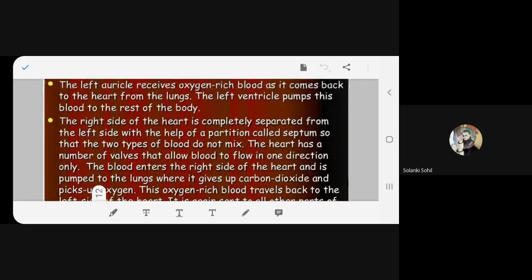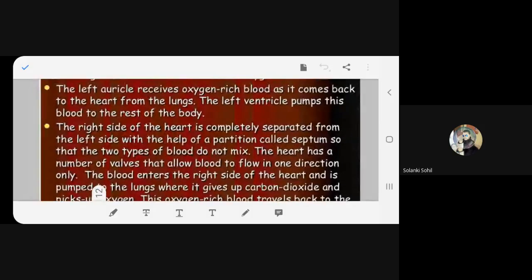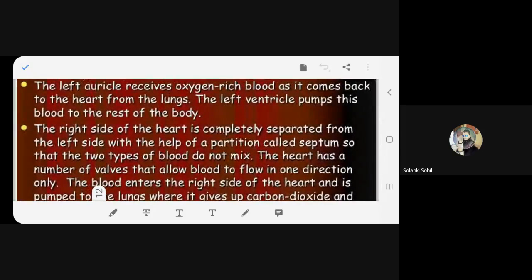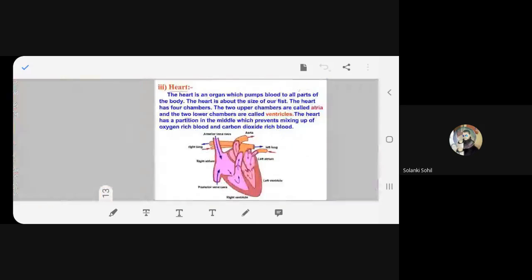Now the next point, the left auricle. The left auricle receives oxygen rich blood as it comes back to the heart from the lungs. The left ventricle pumps this blood to the rest of the body. Same way,